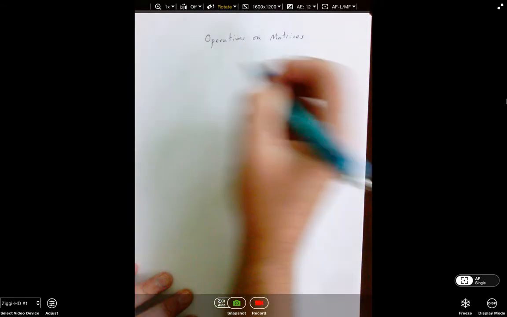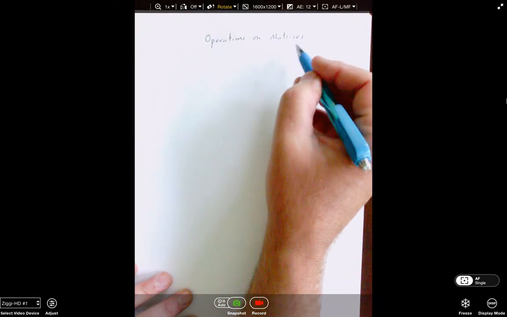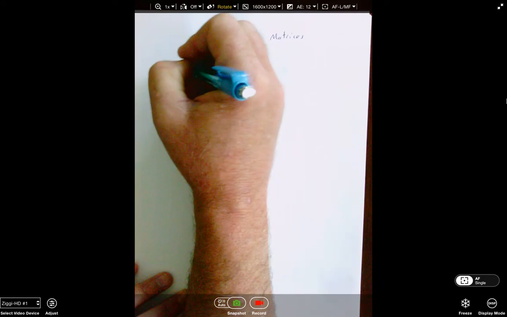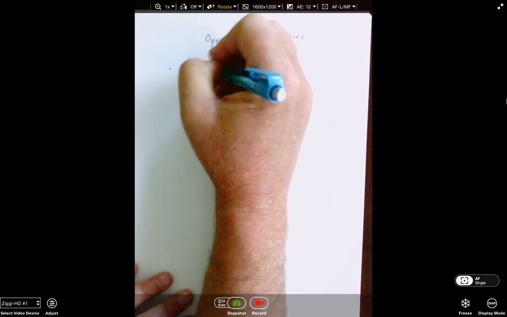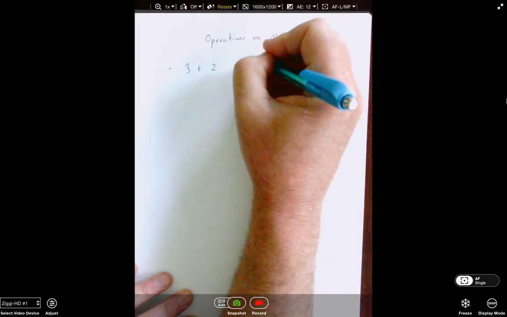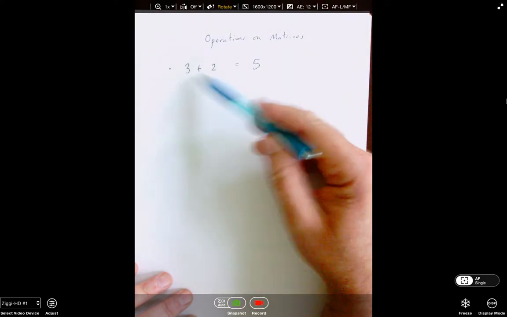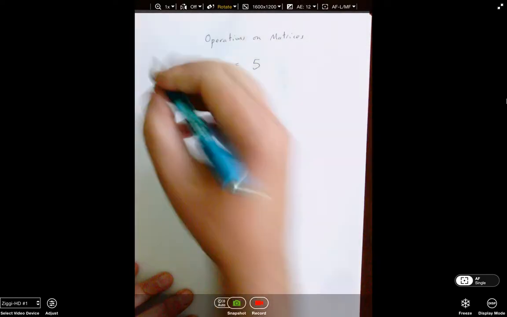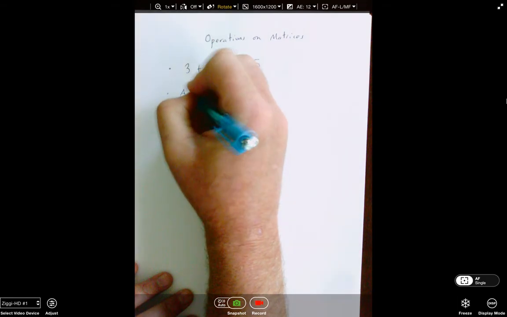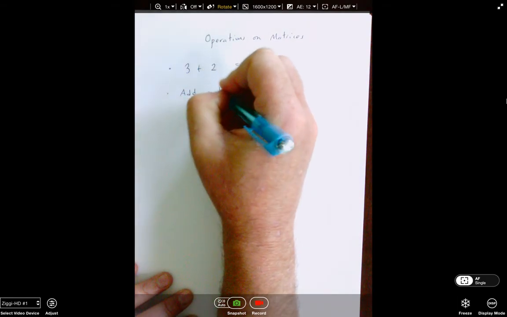For example, I said earlier that matrices work kind of like numbers. Well, if I have 2 numbers, 3 and 2, then I can add. Isn't it comforting that your math professor doesn't know the difference between adding and multiplying? I can take 3 plus 2 and get 5, so I can add these. Well, you can add matrices